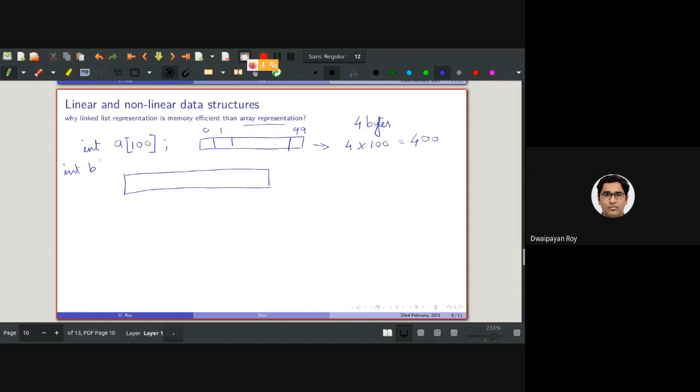Let's declare another array, int B, having 4 array locations. So this will be taking up 16 bytes, right? Now, how will these 16 bytes be located in the memory?